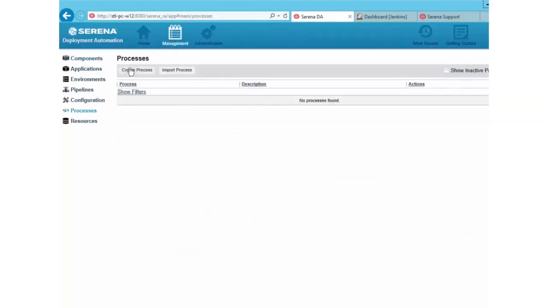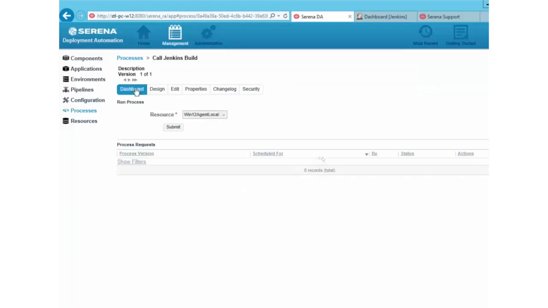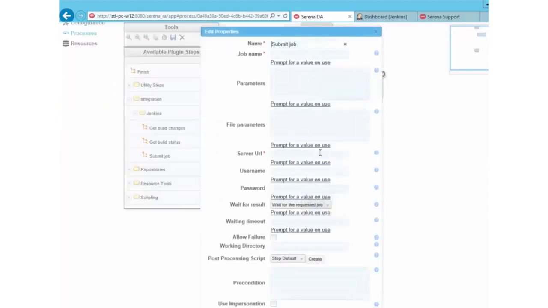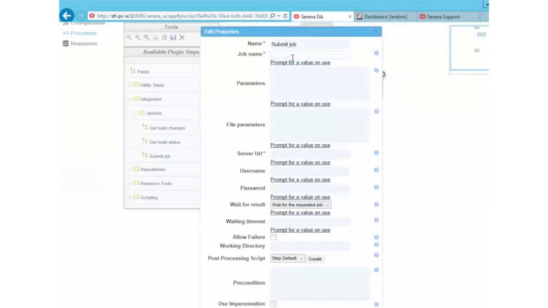generic process. So I'm going to go ahead and create one called call Jenkins build. Click on Save, go to Design, and under Integration we will see there's a Jenkins section, and we can go ahead and select the Submit Job step. Now I've already created a Jenkins build called Create Hello 1, so I'm going to go ahead and specify that job name,